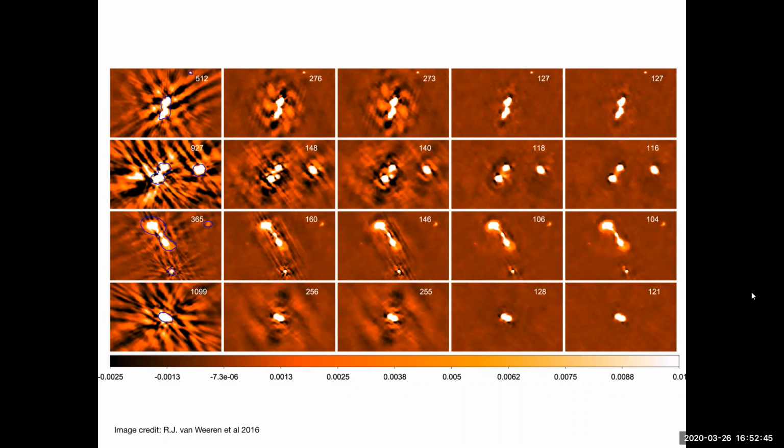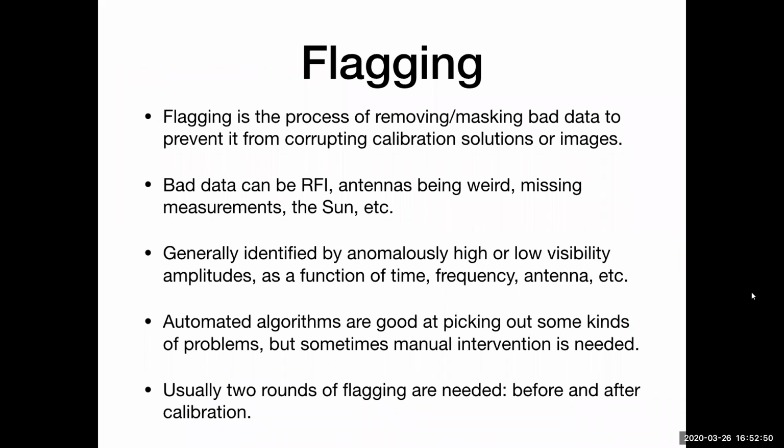Yeah, okay. So I'll zoom through maybe the next bit, which is, I wanted to talk briefly about data flagging. Because as I was putting this together, I realized I forgot this, which is sort of the first step people usually have to do with their data. So flagging is the process of removing any bad measurements, effectively any bad data that's been incorporated into the data set. Because if you have bad data, it can really screw up calibration, and it can also screw up images. Particularly if you have something like RFI, if it's 1,000,000 times brighter than the actual measurements,